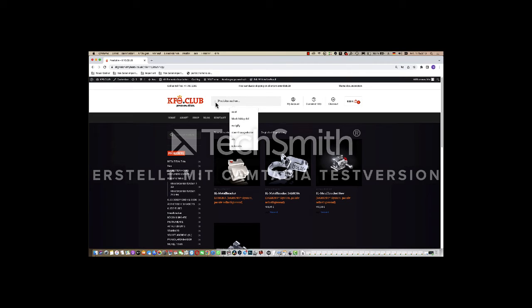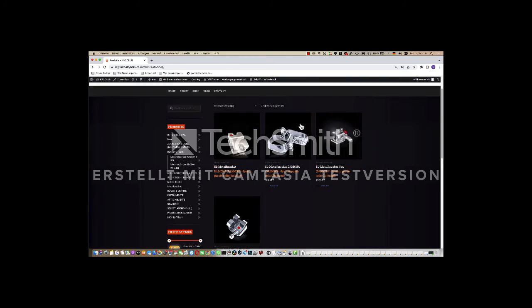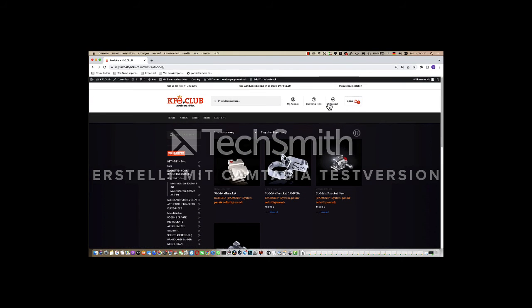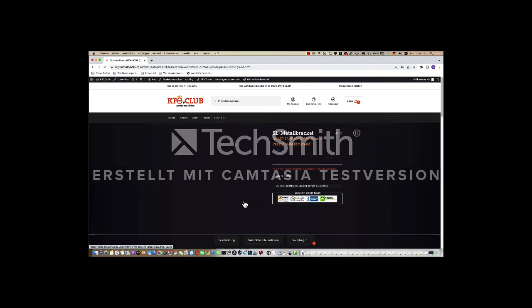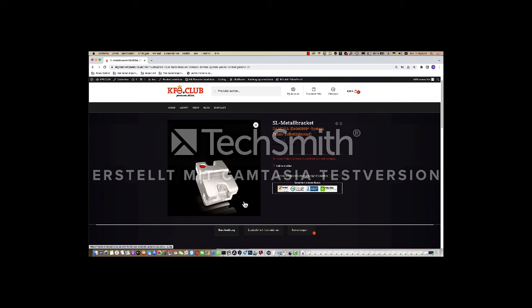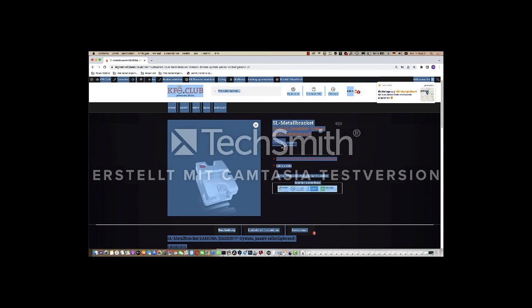I mean, not 100% black, but probably like the gray of the text here. And the same goes for the checkout, so functionalities are missing.